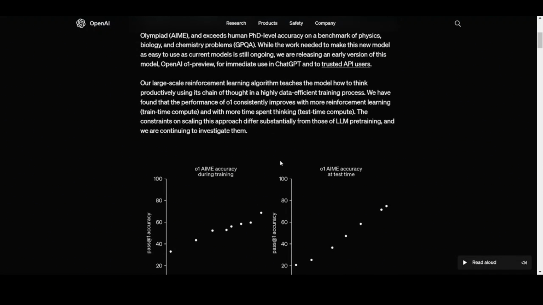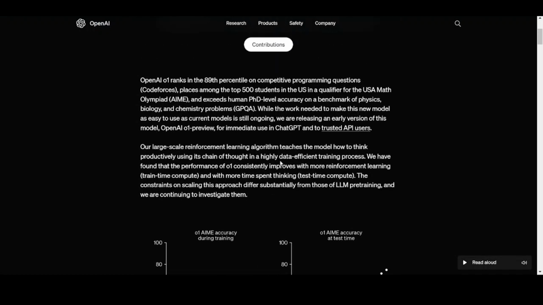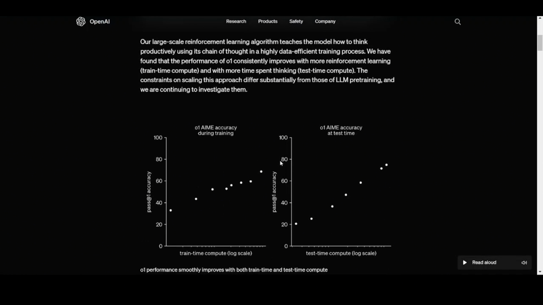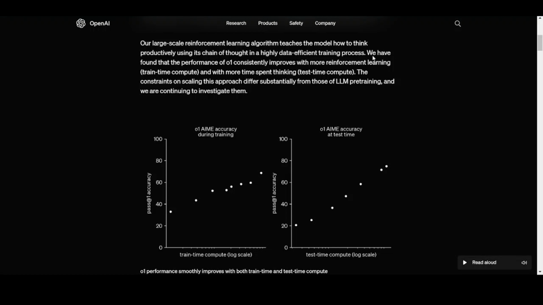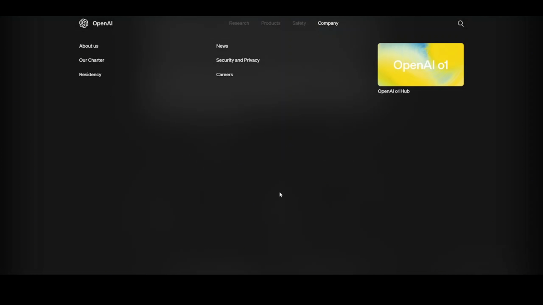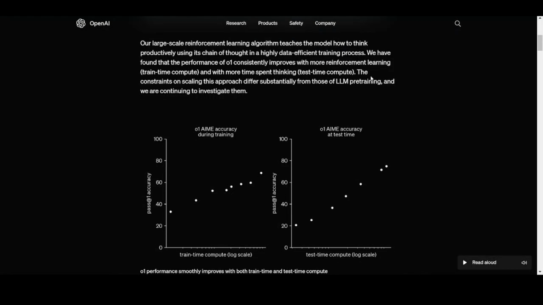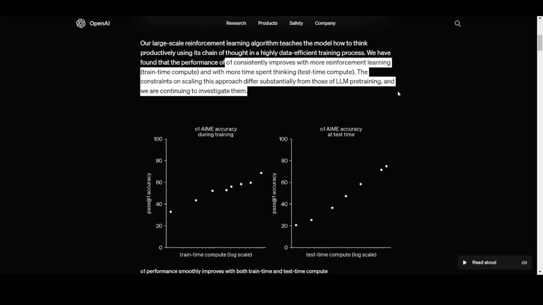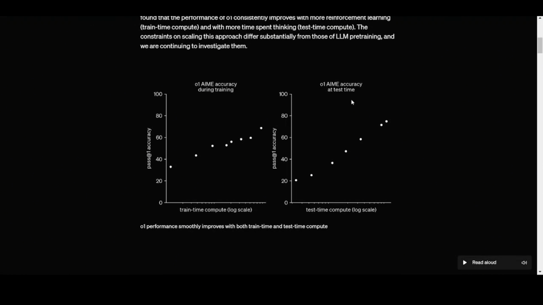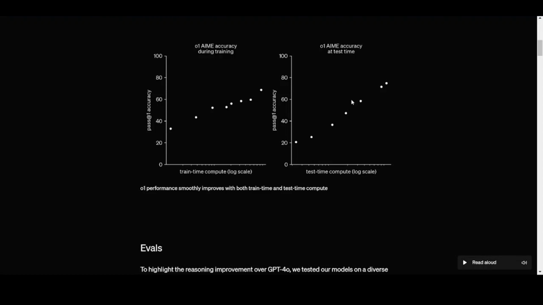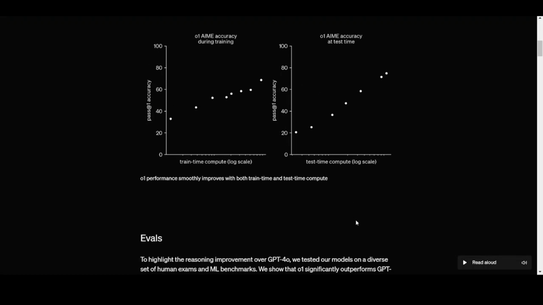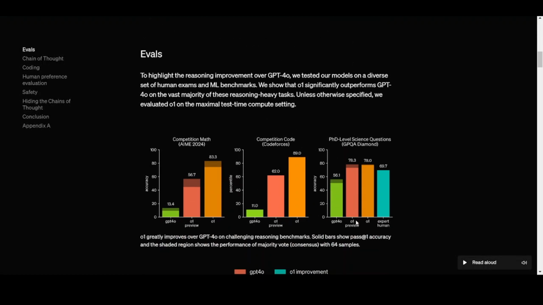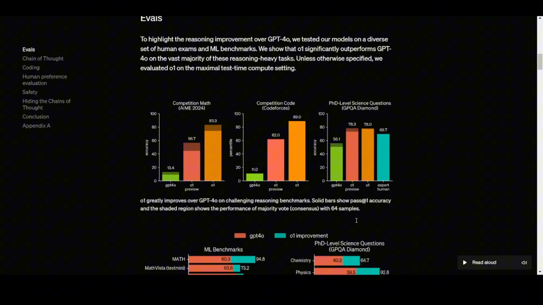They also claim that their large-scale reinforcement learning algorithm teaches the model how to think productively using its chain of thought in a highly data-efficient training process. They have found that the performance of O1 consistently improves with more reinforcement learning, train time compute, and with more time spent thinking, test time compute. The constraints on scaling this approach differ substantially from those of LLM pre-training, and they are continuing to investigate them. Before we look at the graphs and the evals they have offered us, let us first watch a short demo